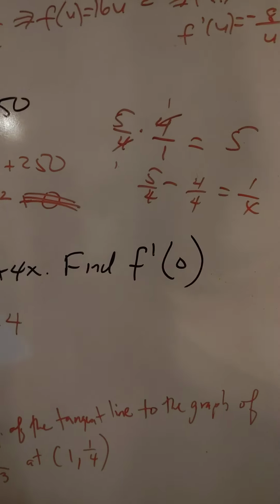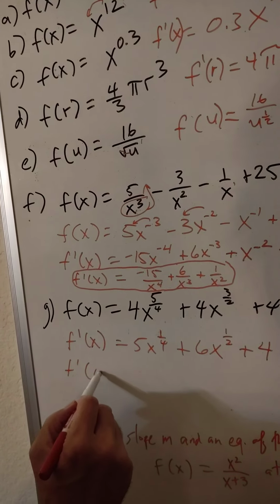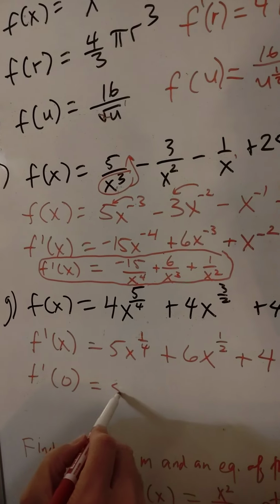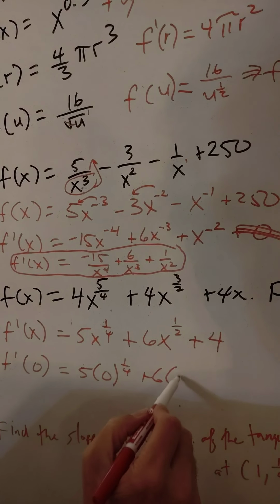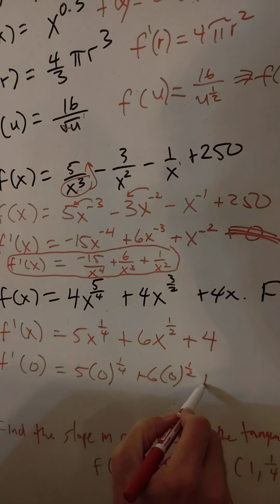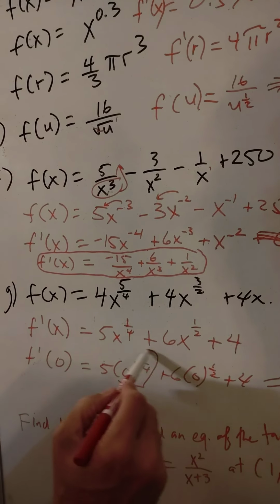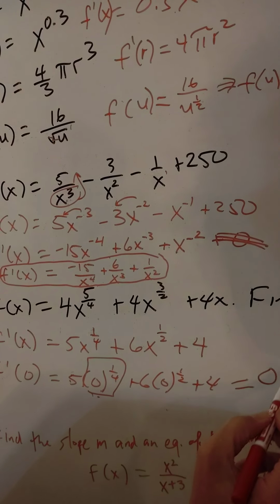Okay, and now we want to find f prime of 0. Once you have f prime of x, you input whatever that x is given as, 0. So f prime of 0 equals 5 times 0 to the 1/4 power, plus 6 times 0 to the 1/2 power, plus 4, and that's just going to equal, well, 0 to any power is 0. What's 5 times 0? 0. Plus